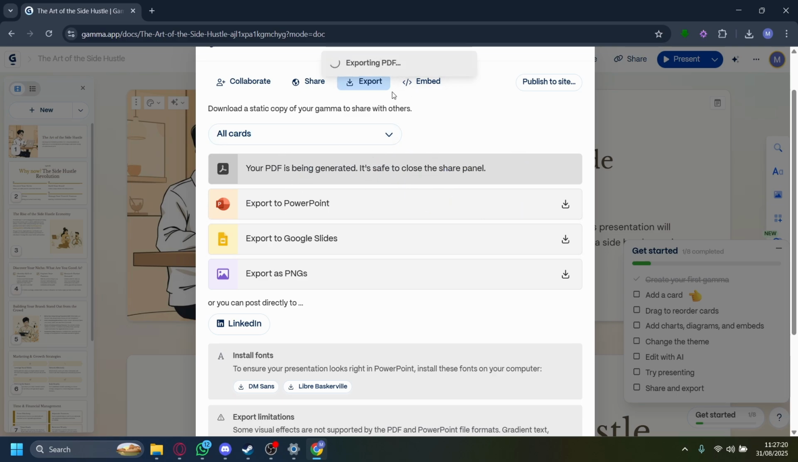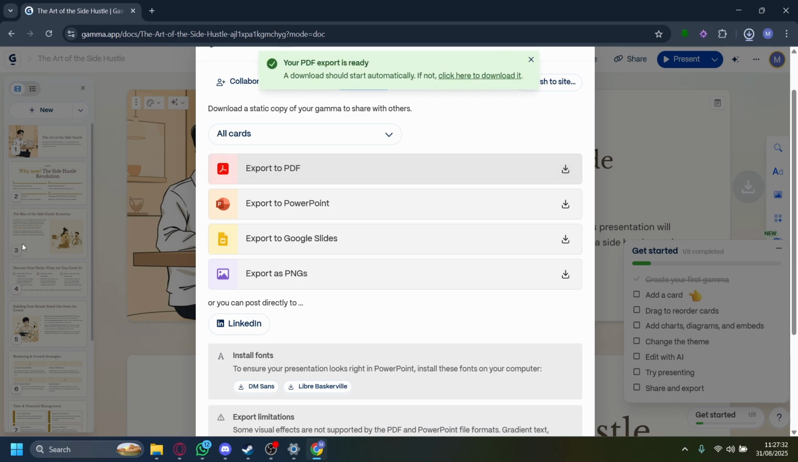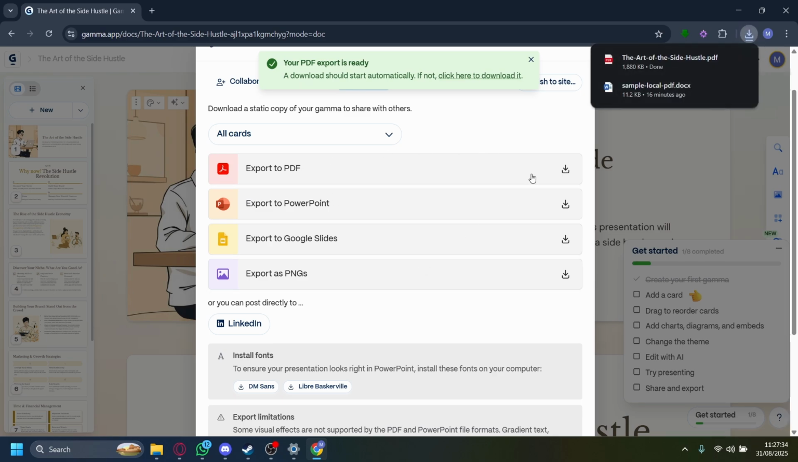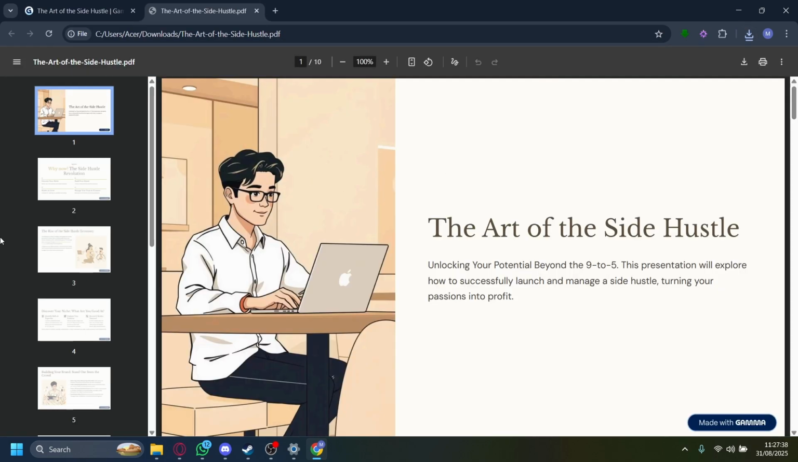So you can see right now, it'll say it's exporting PDF. It might take a couple of seconds to a couple of minutes, depending on how long or how big your PowerPoint presentation or your camera is. If it's 50 pages long, of course, it'll take a while, but for me, it's only taking a couple of bits. And then you can see right now, the PDF has been downloaded and the Art of Side Hustle is